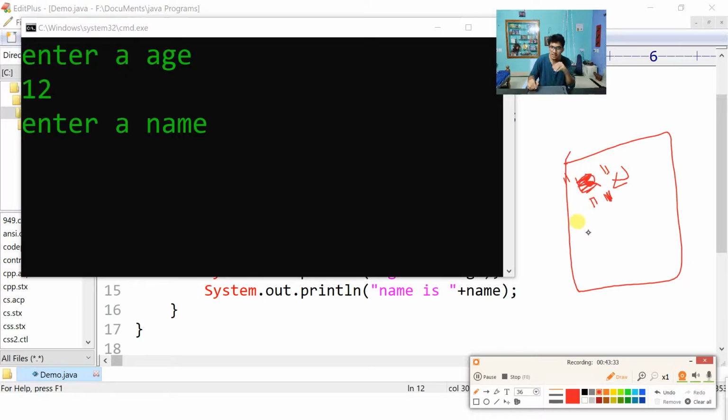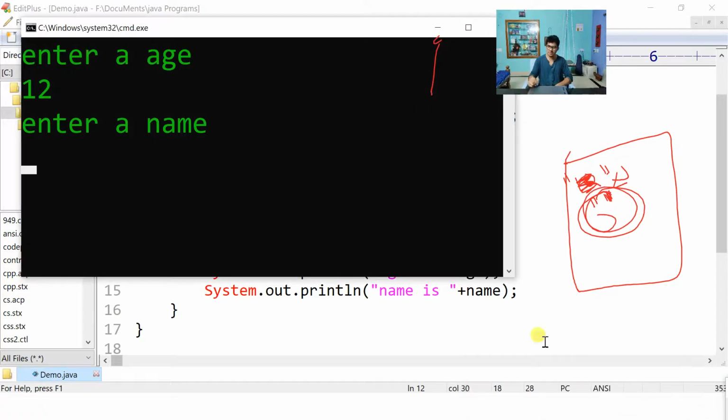And when the control comes to the next method, I am talking about the next method now, it will wait for you. Why will it wait? Because the empty string is not taken by the next method. Next method can't take space. Next method can't take an empty string. That is why your next method will wait, because this will not be taken. But if I write next line, this is taken by the next line. So I hope you have understood here.